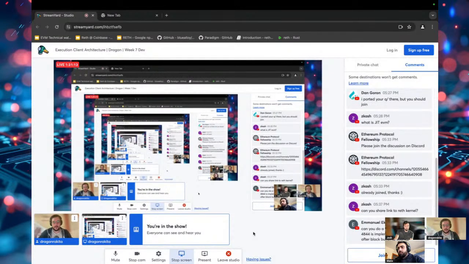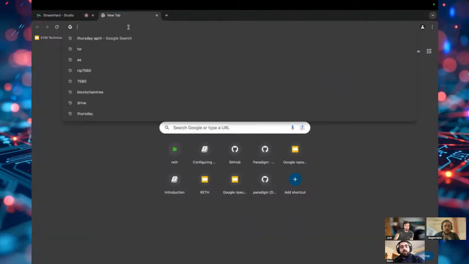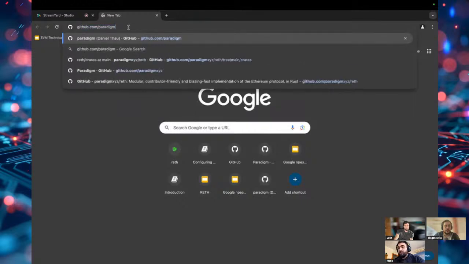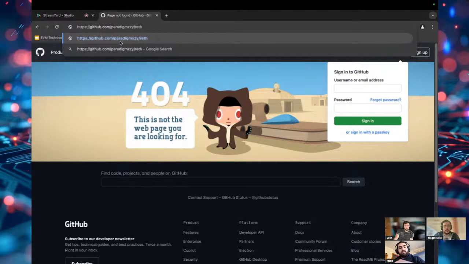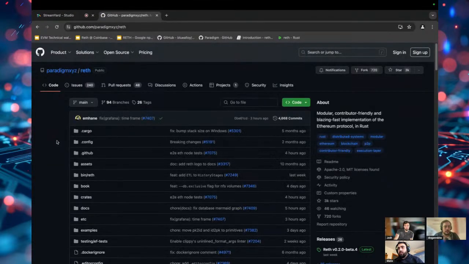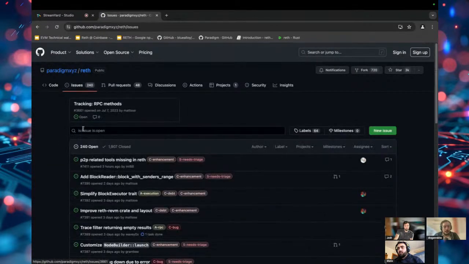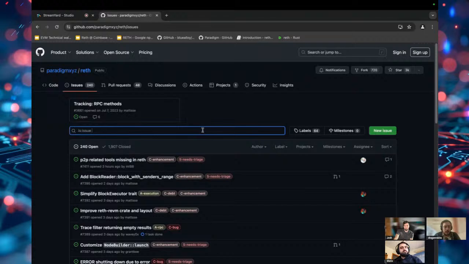Otherwise, I would ask something a bit more general, a bit further from Reth itself, because there are many people trying to contribute and learn Rust. I'm wondering whether you have any suggestions, recommendations, or advice for people getting into Rust and learning this unforgiving language. If you're starting Rust, the book is the main resource. Basically, it's the official documentation. It's very nice. I think every Rust developer started from there. It's that good. If you already know Rust and want to contribute,